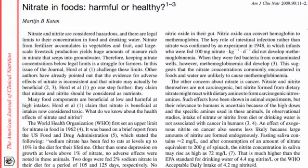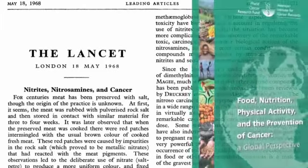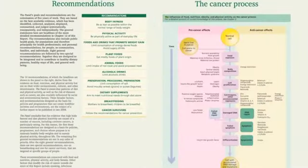Before our heads explode, let's go back to the basics. The facts of the case. The nitrosamines are the carcinogens, not the nitrites themselves. The nitrosamines are what cause the cancers. The only reason we're concerned about nitrites is that under certain circumstances they can turn into nitrosamines and other N-nitroso compounds. And the only reason we're worried about the nitrates is that they form nitrites, which again, under certain circumstances,